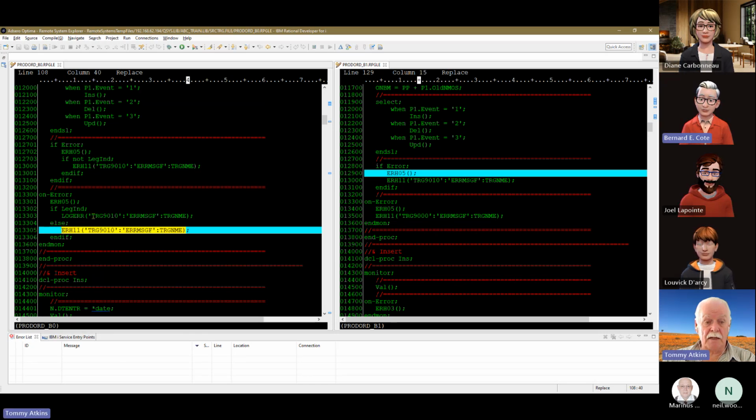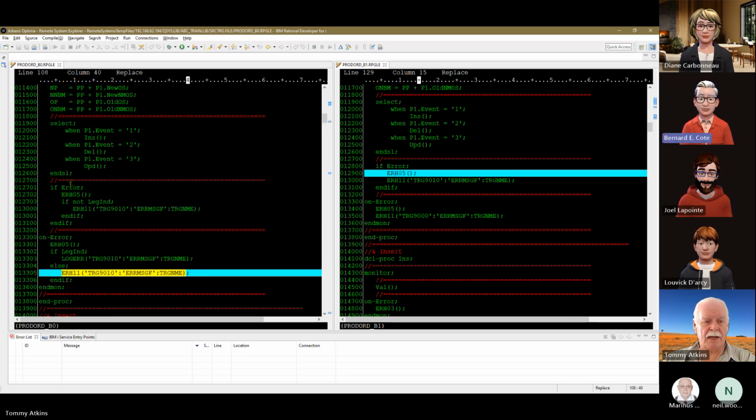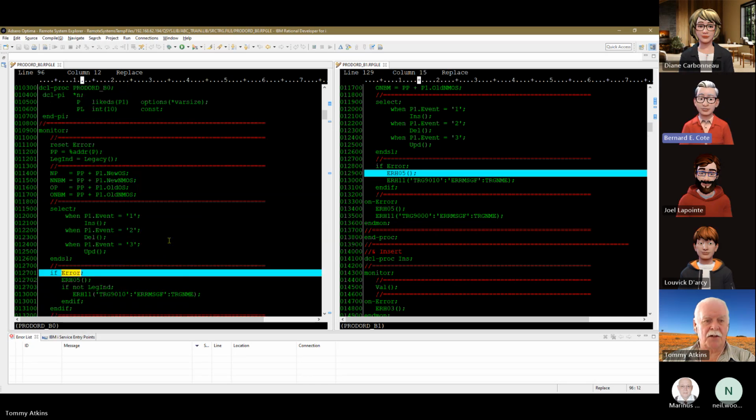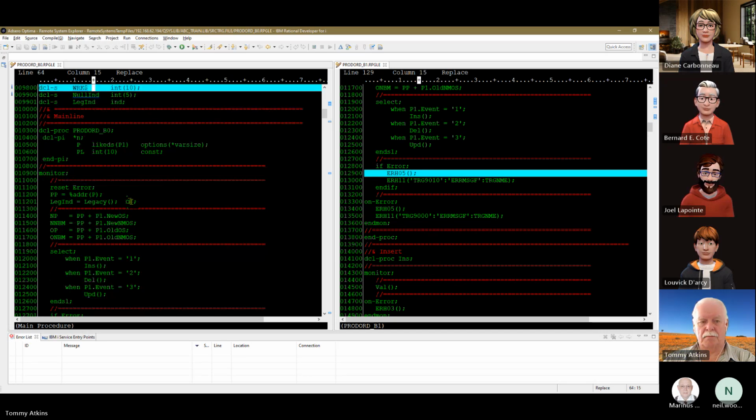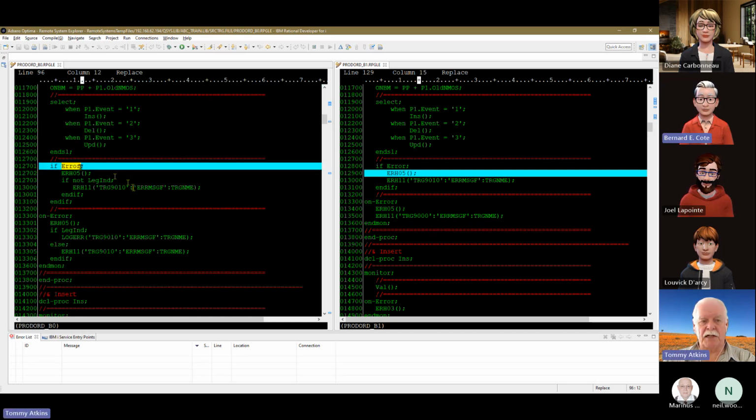Now, you have if error and on error, and if error, it's going to execute ERH 11. Error is an indicator. Yes, that's the error indicator. Is it going to do it twice? ERH 11? No. Because it's going to do it on if error and on error again. No, but